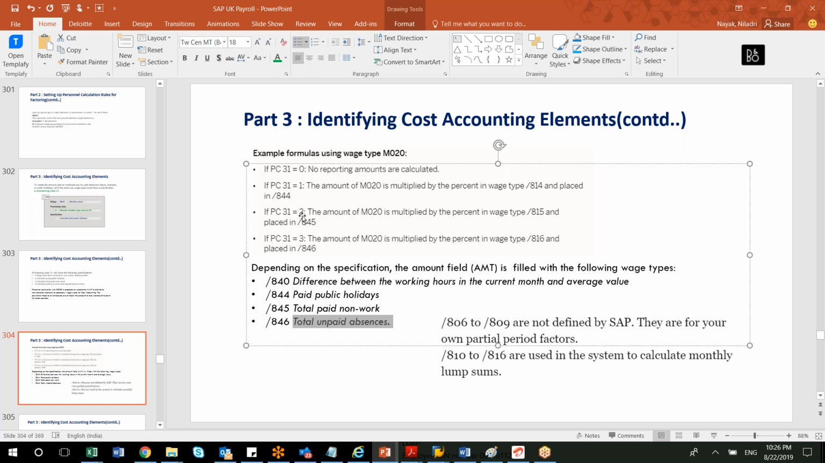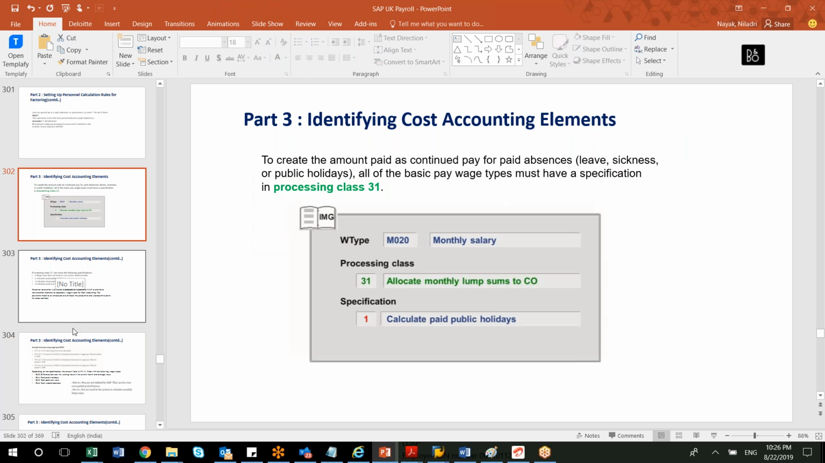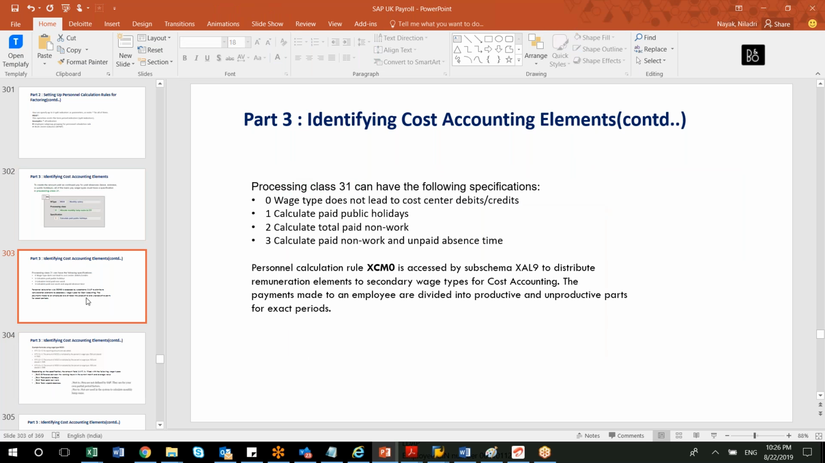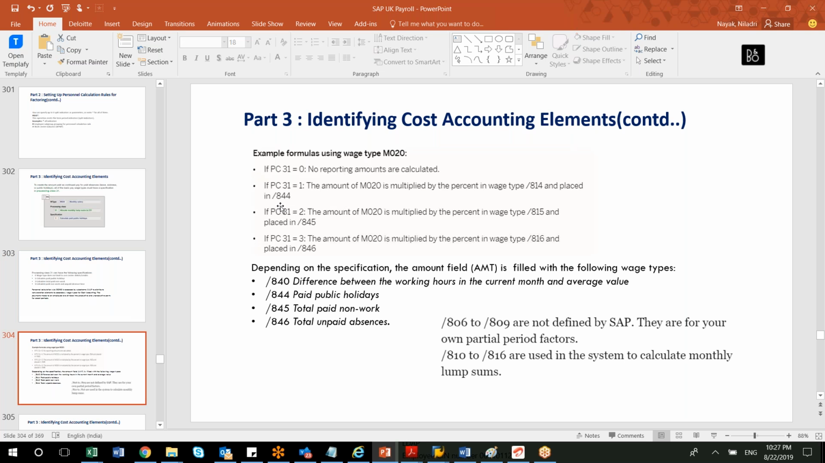So what you can do for testing in the system, whatever model wage type you are using, go to processing class 31 and make one first. Then you see how these are generated, because all these wage types will be generated, right? Slash 814, slash 818, slash 844. You go to the payroll log and see what amount is